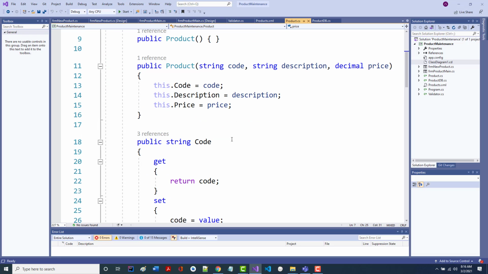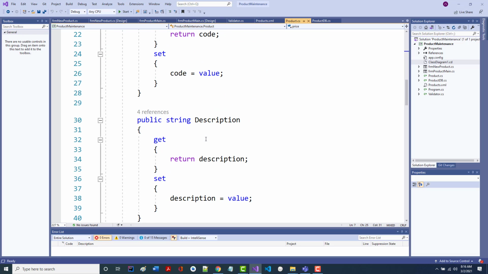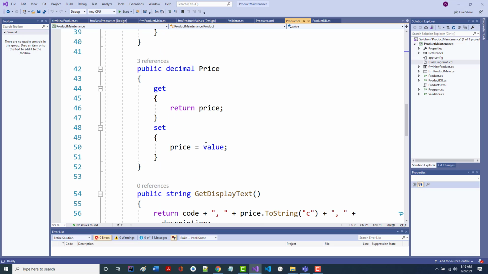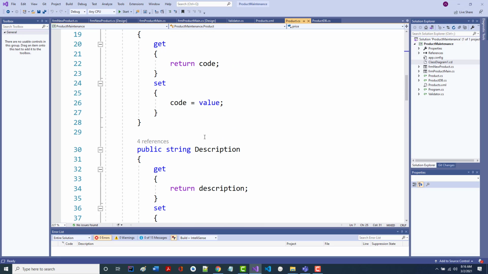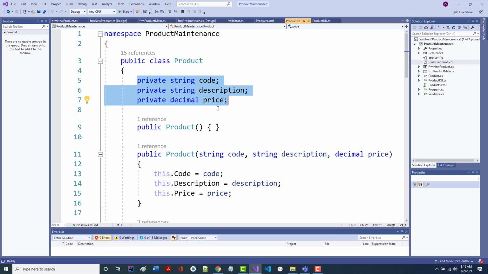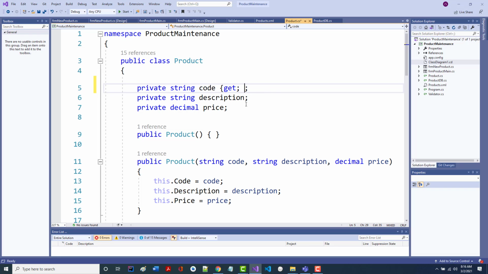Okay? So when we go down here, we're not doing anything special. Do you see this? How with all these we're just returning and setting? I don't see any reason why we couldn't go in here and do this and type in and say get set, and then do it again for the next one.